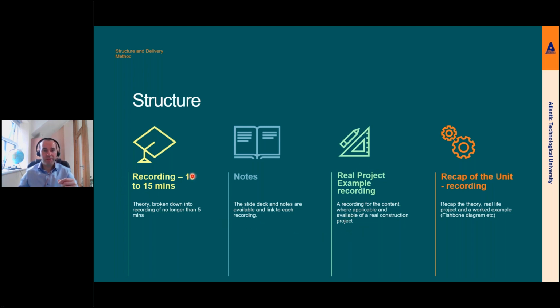Then we'll have maybe a 10 to 15 minute recording of the theory, and maybe a 4 or 5 minute recording of an example of a real life project where it's applicable. So if we're doing value stream mapping or fishbone diagrams or last planner, we actually go out to site and interview an Irish project that's implementing or using that method to actually deliver the lean construction improvements. So that's really kind of